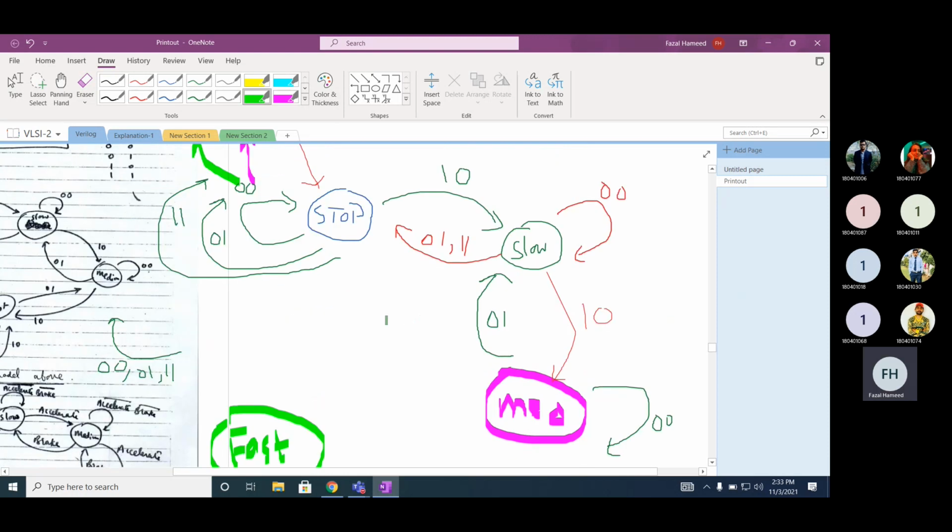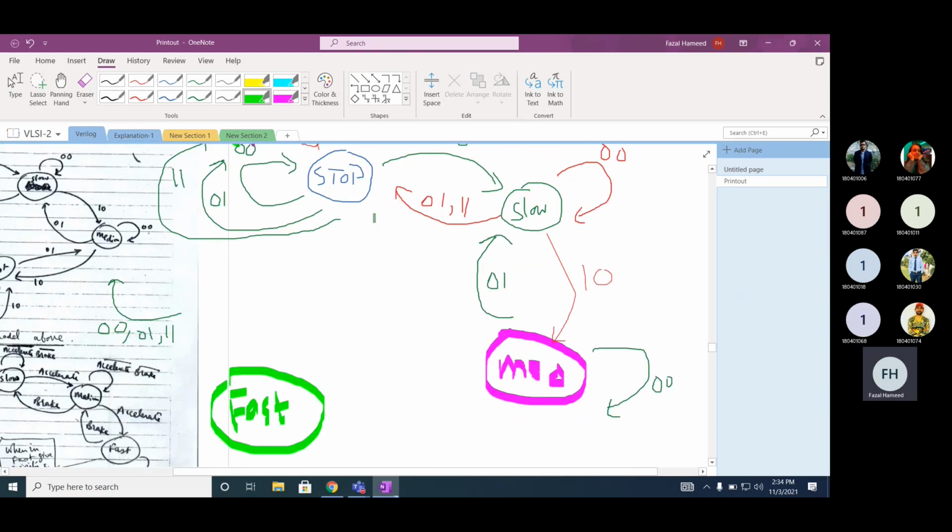It will make a very slow transition. It will not directly apply the brake, because even if you apply a brake, the system will make a transition step by step, not an immediate transition. And 1 1, because a brake is applied, it should go to the slow state.